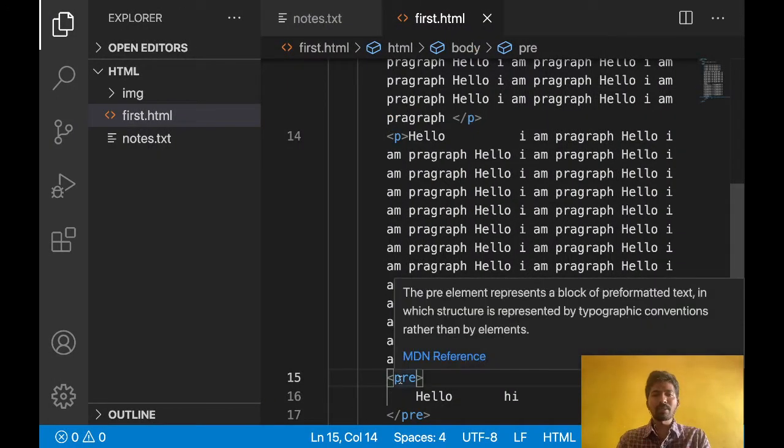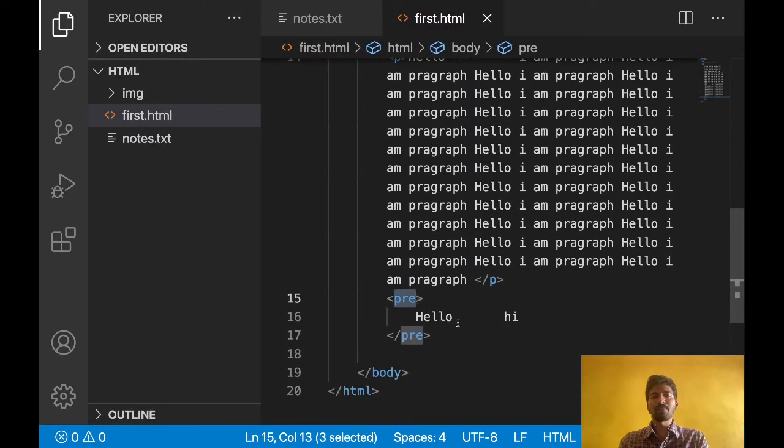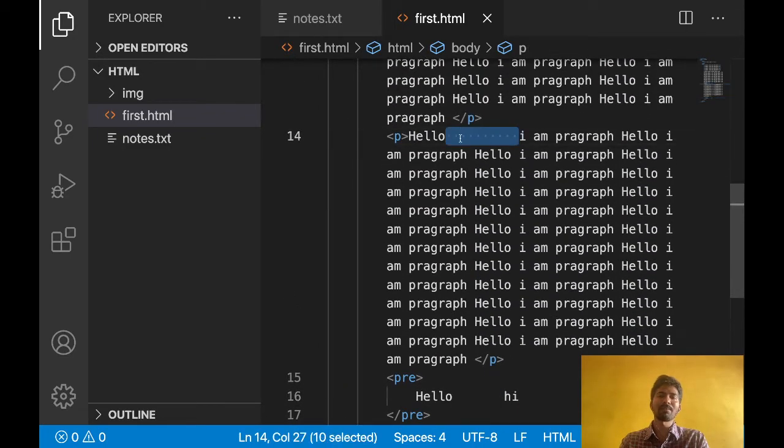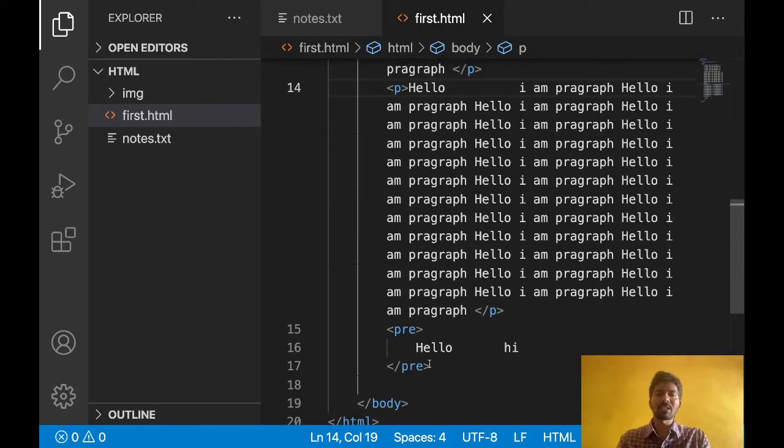So this is the use of the pre element. If you want to give some space, however you write, the same thing will come. But in HTML, not only with paragraph but with any other element other than pre, if you give more than one space, that will not be considered. If you use the pre element, then whatever spaces you give will be considered.